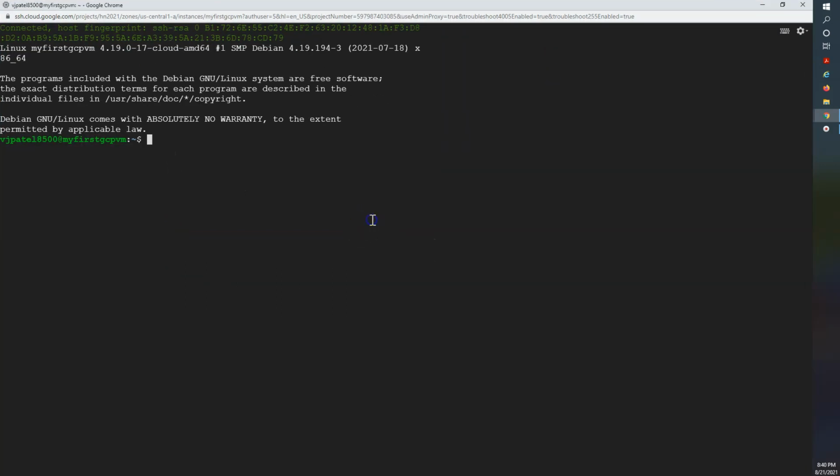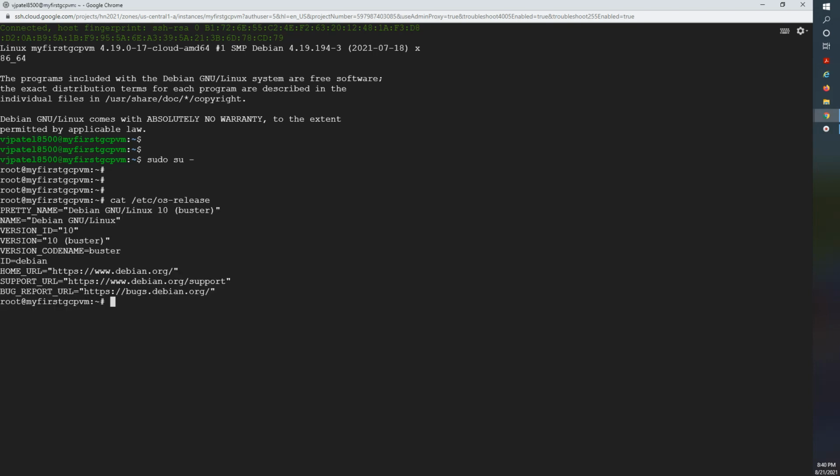So you see here, if you take the admin, now root access, and if you see the OS release, this is the configuration of your instance. So basically you have deployed your instance, and now you have complete access to it. Now whatever you want to do, you can configure.